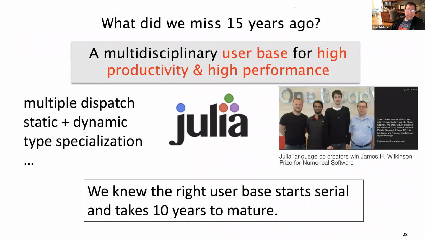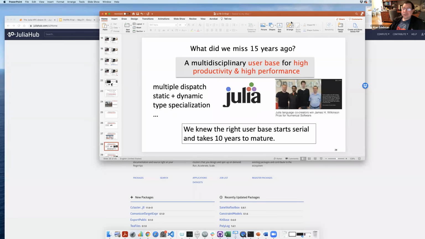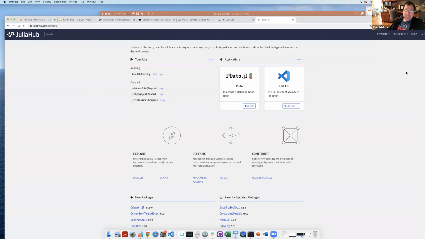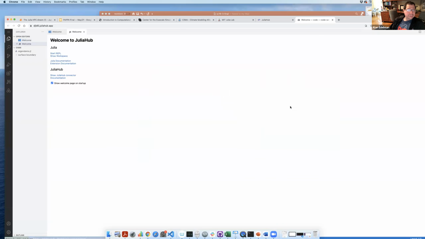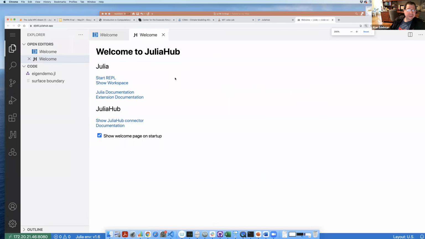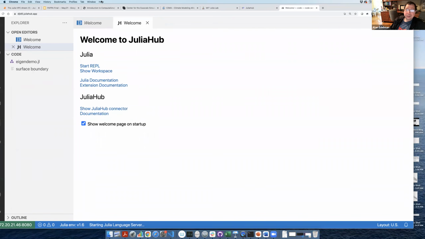All right, so let me see if I can go back now to my spin up here and see if, yes, I can now connect. Okay, and so let me go ahead and do that. I haven't even checked. I probably would have been able to do this maybe 5 or 10 minutes ago, but anyway, I can now connect to the Julia IDE. So let me go ahead and press the connect button and you'll see what happens. Okay, so I've got this nice welcome screen. I can make it bigger so that it's easy to see for the audience over here.